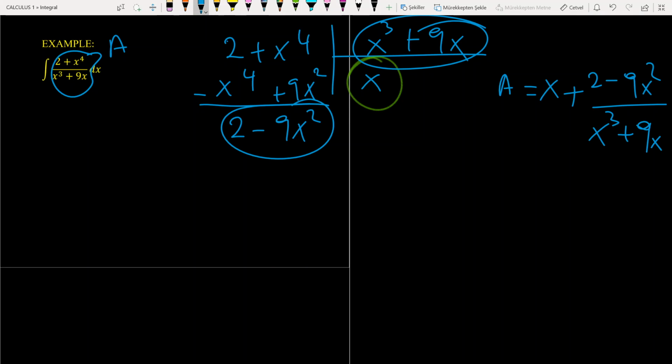Okay, so if you look at the second term of the function, you see that the degree of numerator is smaller than the degree of denominator. In this case, we have to find a decomposition for the second part. So how to find a decomposition for the second part? Let's call the second part B. So B is equal to